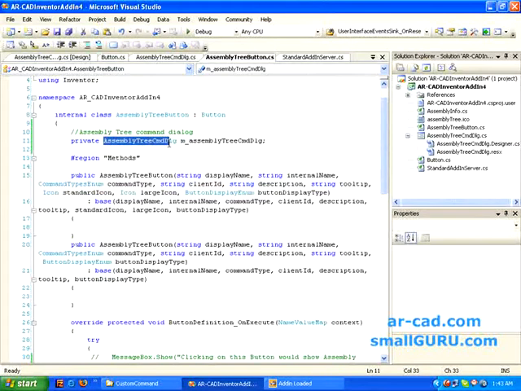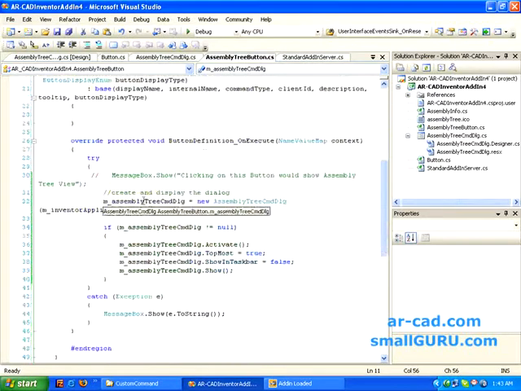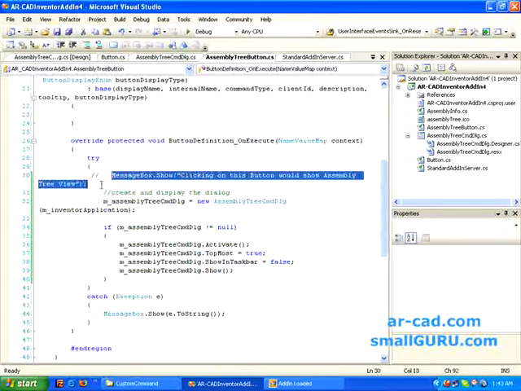We will be calling a new instance of assembly tree cmd dlg, the dialog we just created, and we have this as a variable. We come down, and in the earlier tutorial we had just shown a message box.